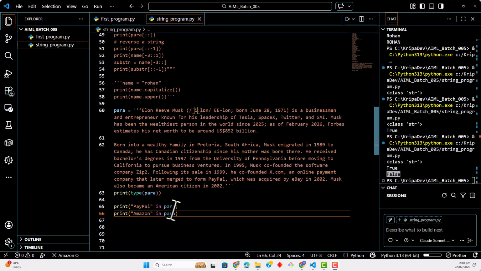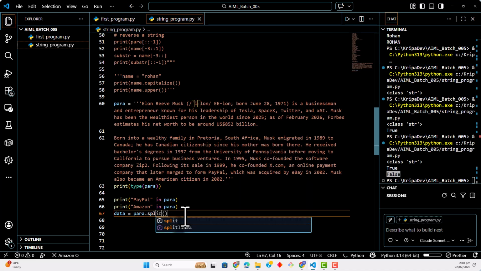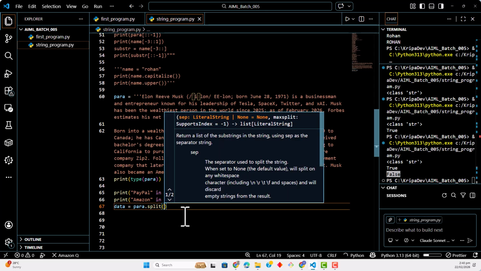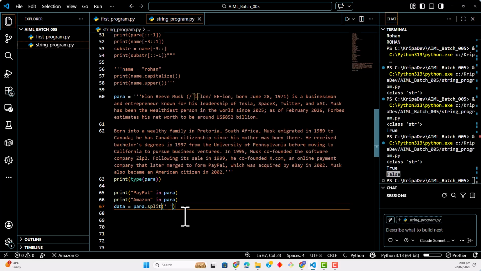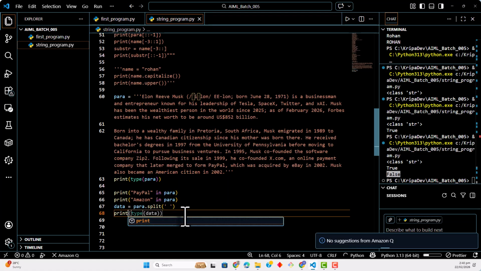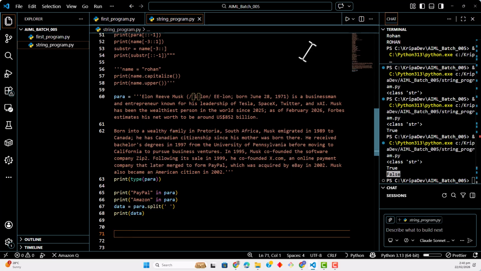Okay. Let's say I want to split each word by space. What I will do, I'll say data equals para dot split. This is a predefined function available, and you can specify here from which substring you want to split. So I say split from space. Whatever substring you pass within split, it will split using that substring. Now if I say print data, see the output,